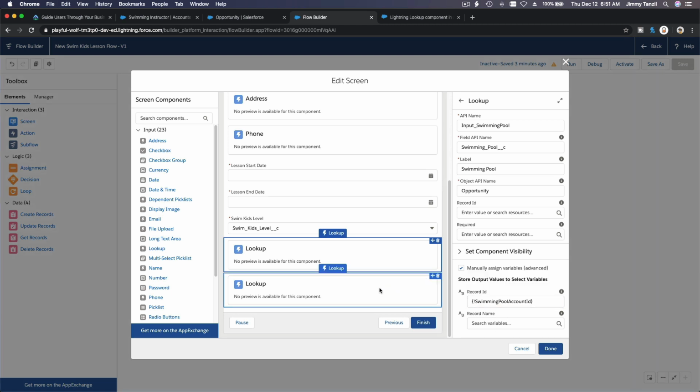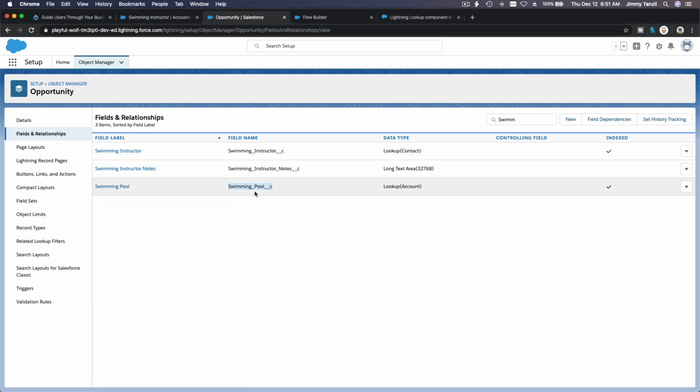Okay, so the same thing with the swimming instructor opportunity object. Okay, and the name is swimming pool underscore underscore C. So on the opportunity object, you have swimming instructor underscore underscore C there. Okay, if I go back here,